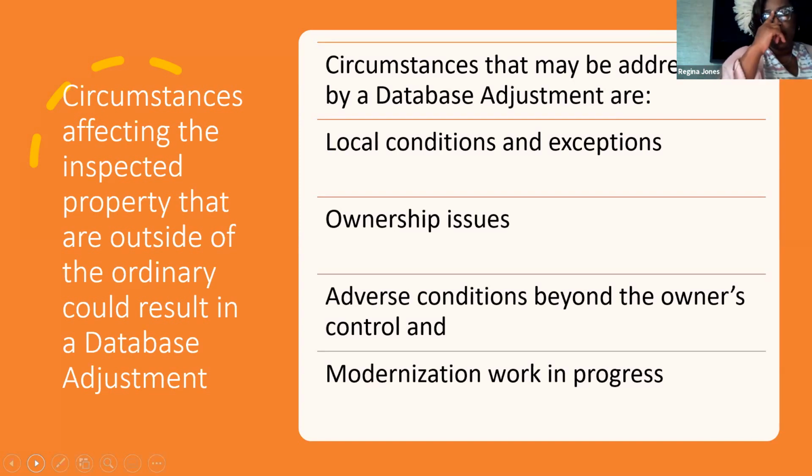And that was counted as a deficiency against the housing authority. But what the housing authority did, they had records showing that they had been going to the city, asking them to do, I believe it was called grading, so the water would not pool in the back of the property. They were showing this was a city issue, and they had tried to work this issue out, and they were getting it worked out. The city was just slow moving. So they were able to get those points back because of that. That was an issue that resulted in a database adjustment and resulted in their score being increased.